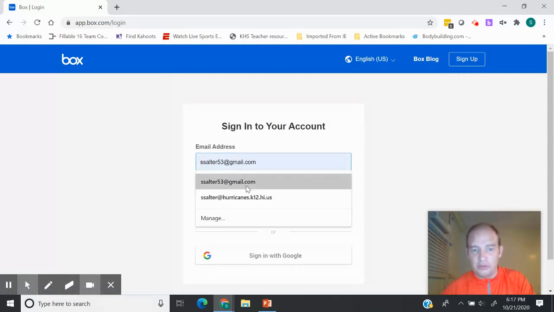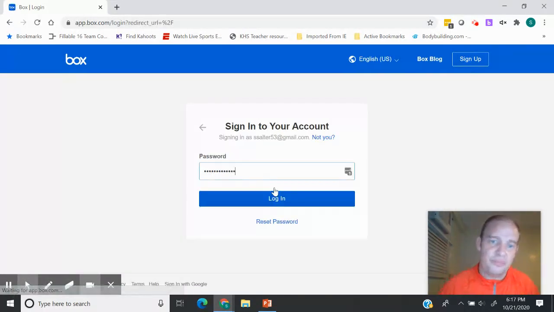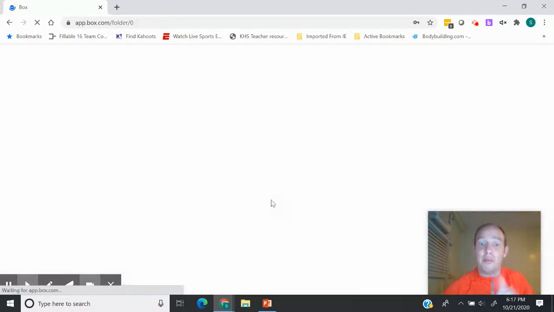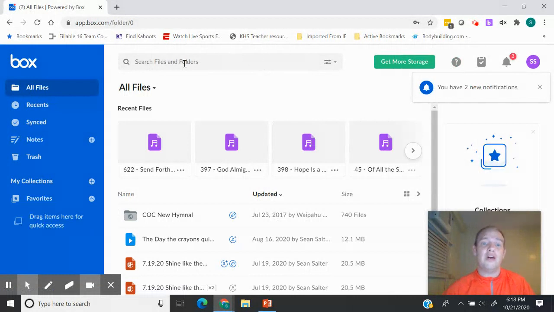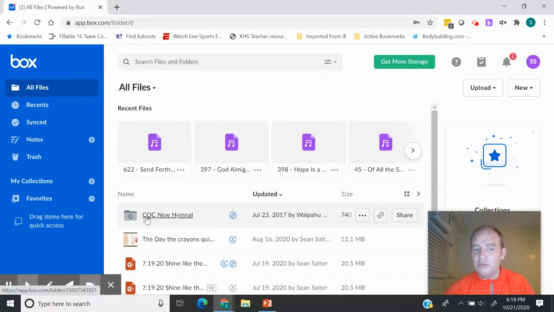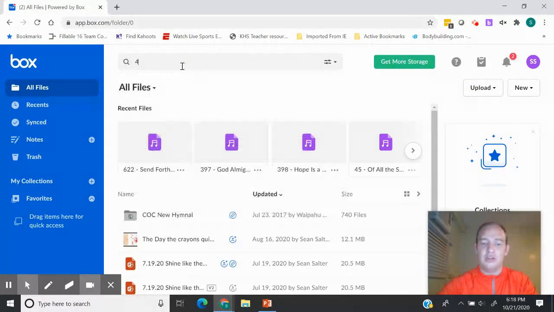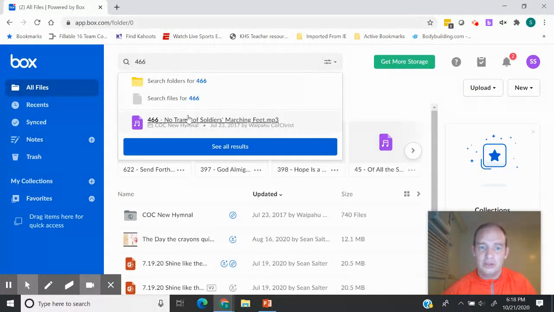So I'm going to use my personal email, sign in with my password. Don't memorize those dots, please, because then you can steal all my stuff. All right, and now I just search for it. So you can see these are some old hymns I've used. I could go into the file, but it's actually faster usually just to go here, go 466, choose the hymn,